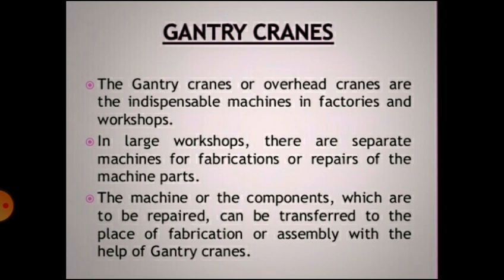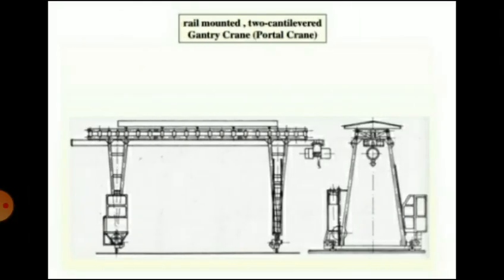Gantry crane: this type of crane has one or two vertical legs that support the horizontal bridge. The double gantry crane has two legs. A half gantry crane has a single leg on one side of the bridge, and the other end of the bridge is supported by a rail mounted on the wall or structural member.